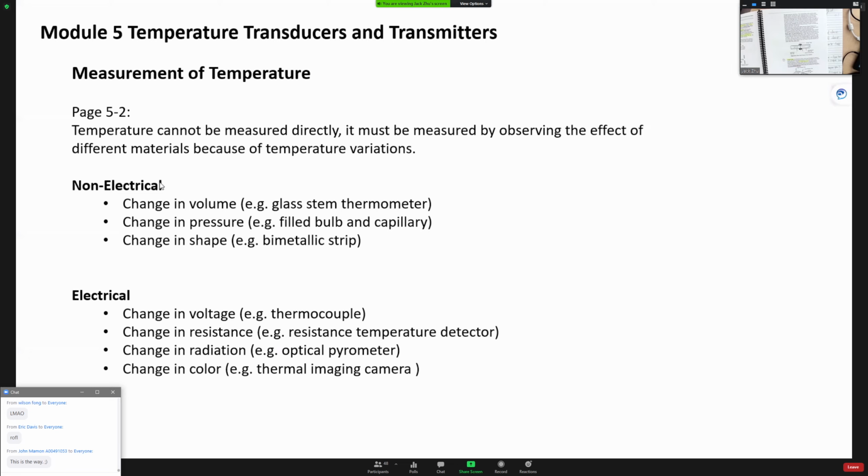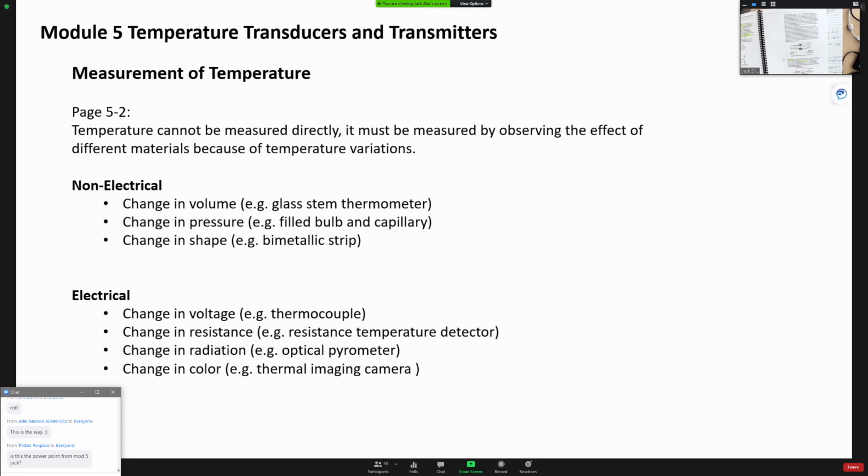There's non-electrical measurement and electrical measurement. Non-electrical measurement is like you have a glass stem thermometer. When the temperature changes, those liquid